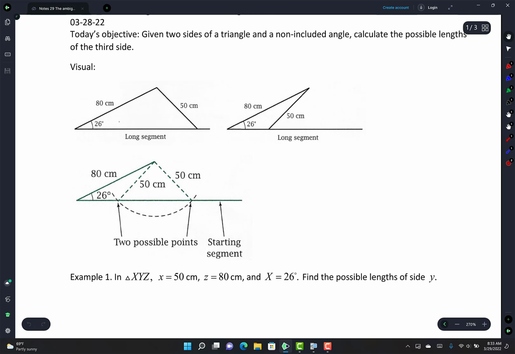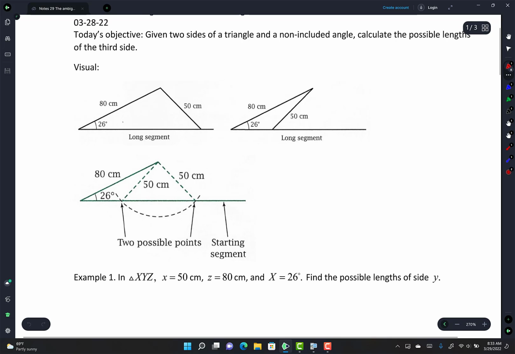So here's the triangle, and they're showing you that you have 80 and 50 with a 26-degree angle, and look at the two different types of triangles you can have. Imagine this is like a pivot. So you can see here, this is why you can have two different types of triangle, because they can land either there or there. So what we're going to do today, we're going to figure out what this length is